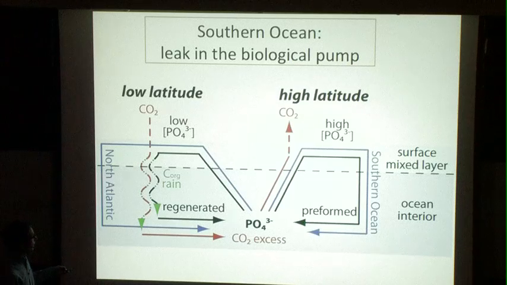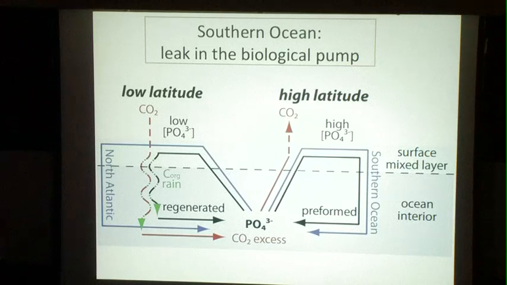The other option is to make the nutrient conditions in the Southern Ocean surface look as much as possible like the low latitude loop. That is to say, to increase the degree to which nutrients are consumed in Southern Ocean surface waters. Essentially, that's also canceling the side by just making it look like that side. Okay. So this is a